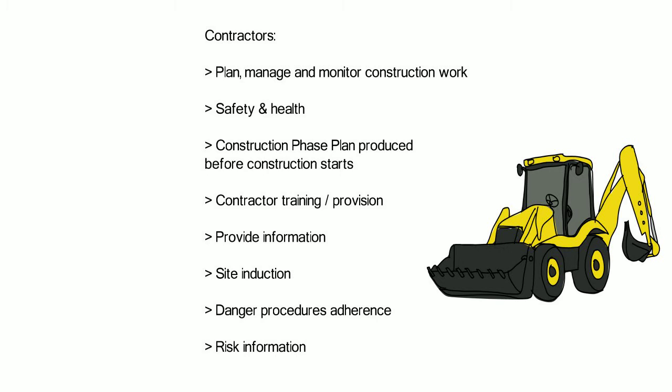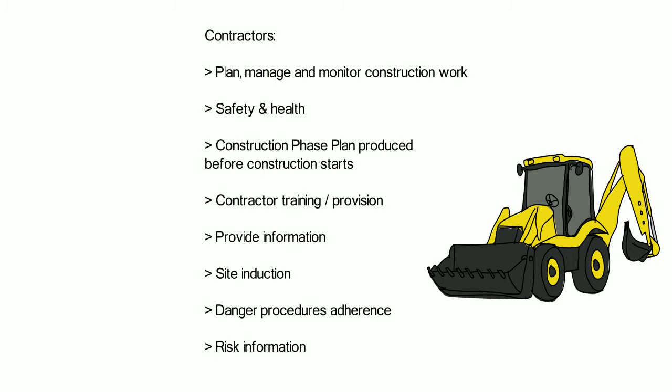Where appointed, they need to ensure the necessary information, instruction and training is received and it's appropriate. Additionally, there needs to be supervision on site to enable compliance for all workers. The contractor needs to provide workers with any information and instruction so that construction work can be carried out without risk, and if not already provided by the principal contractor, there is also a requirement to provide site induction for anyone who will access the construction site.